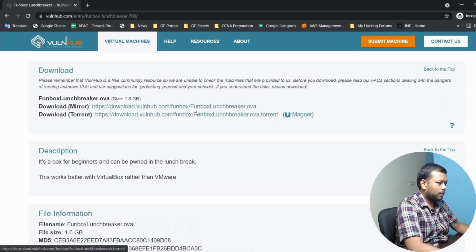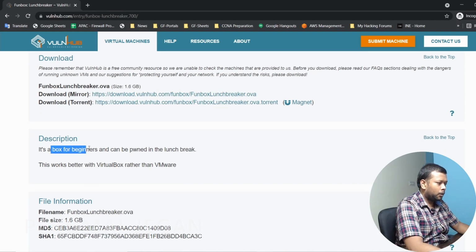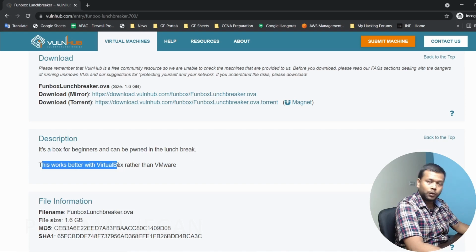You can download the OVA file from here. In the description, it says it's a box for beginners and can be found at lunch break. It works better in VirtualBox rather than VMware, so you should have virtualization software to install this machine.